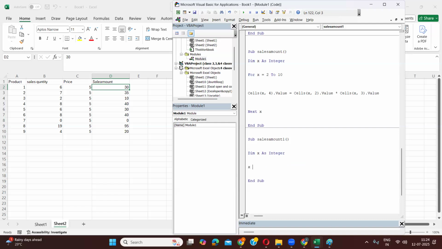So x starting point alone, x equals 2. You don't need to give an ending point. You don't even know where it is ending. Consider that you don't know where it is ending, so you only know the starting point. Start from x equal to 2, and do while